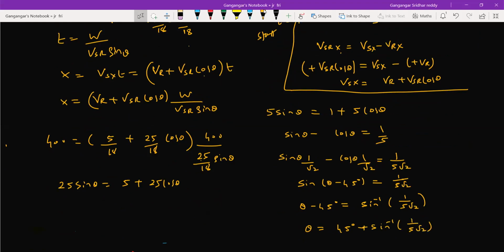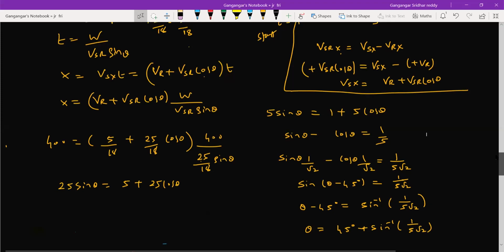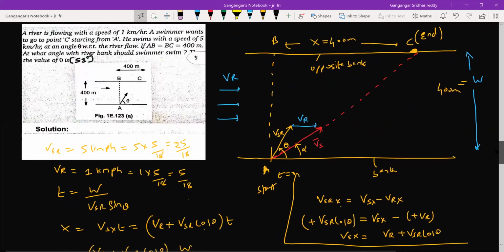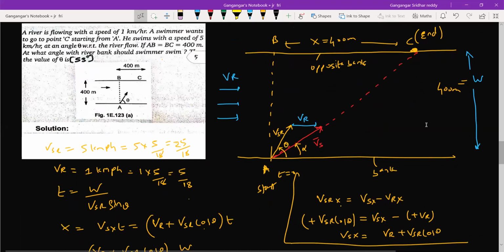What with respect to the river bank it is. So what is the thing? Now the specific path is given for us. The boat with respect to ground should move like this only. So what angle should it row in, like what is theta? The velocity of the boat with respect to the river, velocity of the swimmer with respect to the river. What orientation should it have? The orientation depends on the particular condition where the endpoint is. I'll get you back to the basic problem. What is fixed here? The endpoint is fixed here. So for that, the specific angle theta I should choose.